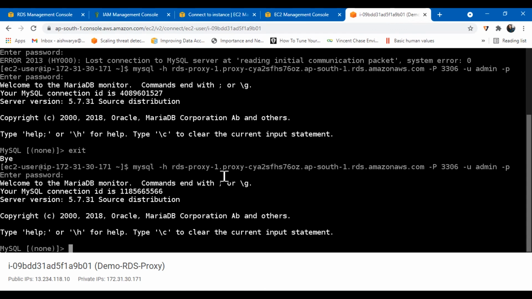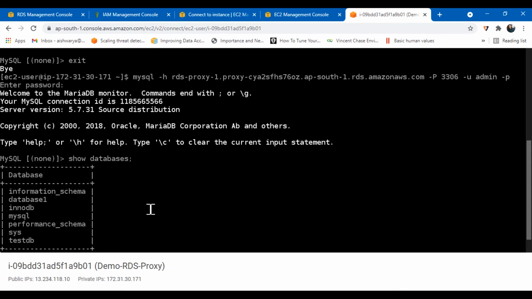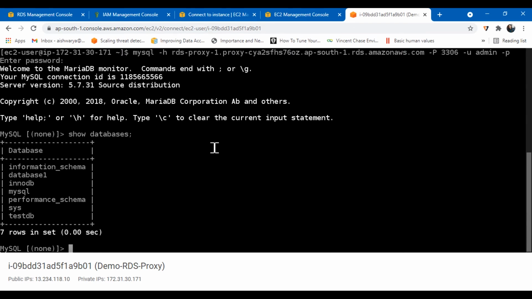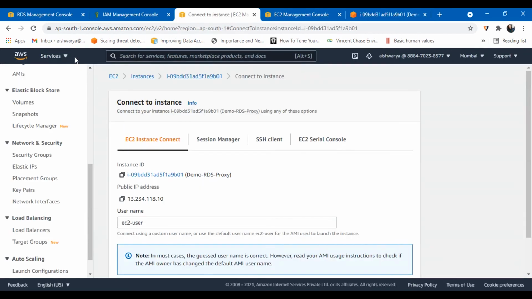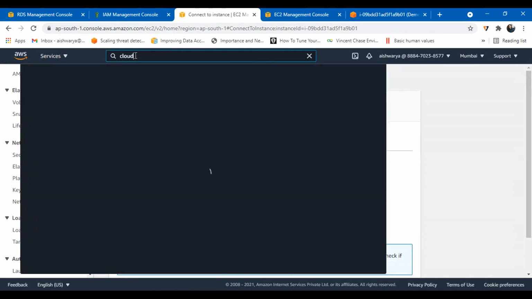Now I am not directly connected to the RDS but through the RDS proxy. So let's try running the same commands that we did earlier for the RDS DB instance, like show databases, so that we can confirm it's working fine. Yes, it is working fine. So if you remember, we created this test DB when we connected to the DB instance of the RDS. So this is how we connect to the RDS proxy, and just to confirm that the connections are made, we can check that from the CloudWatch logs. For that, go to the CloudWatch and we will be able to see the connections that have been made here.